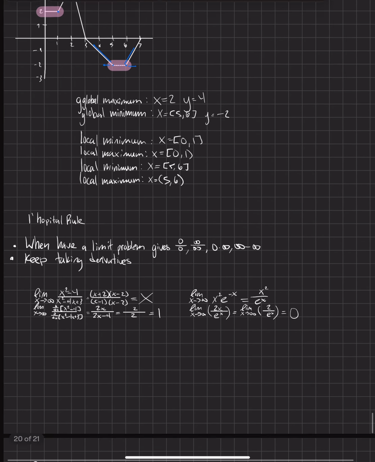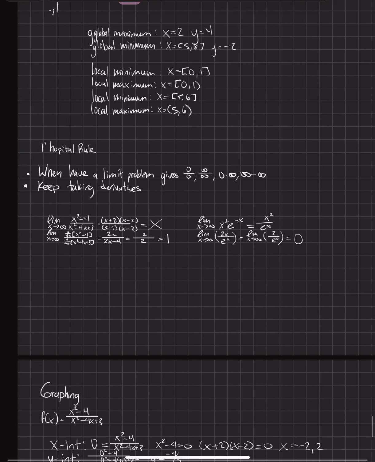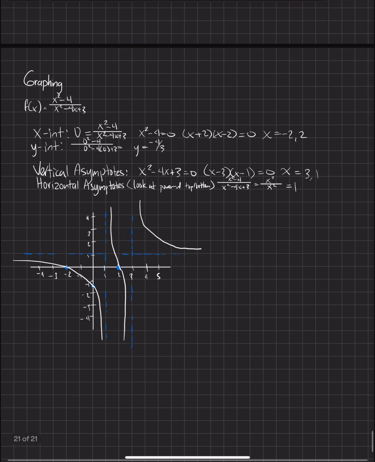And then we went over L'Hopital's rule, where we took the derivative of the top and bottom, and we kept on doing that in order to see what our function tends to do as it approaches infinity. And then we were also able to do a little bit of graphing, where we identified our x-intercepts, y-intercepts, vertical asymptotes, and horizontal asymptotes, and then put that all together to form a graph. And with that, that's going to cover everything that you need